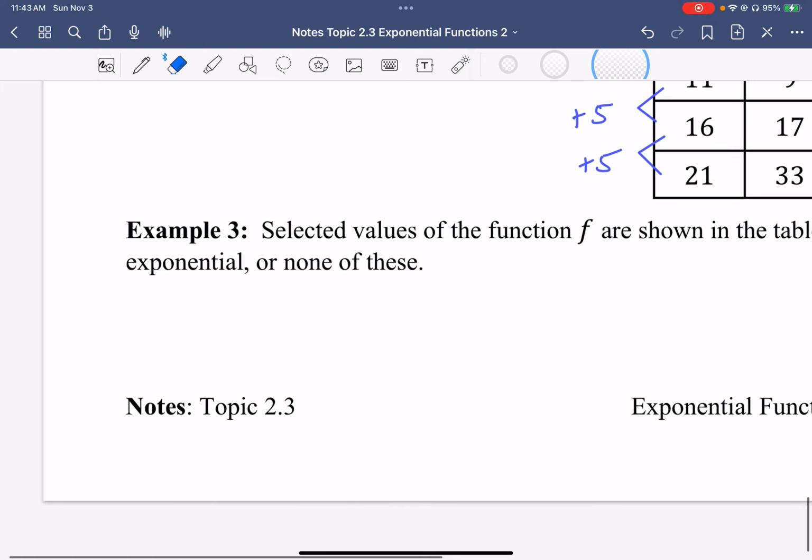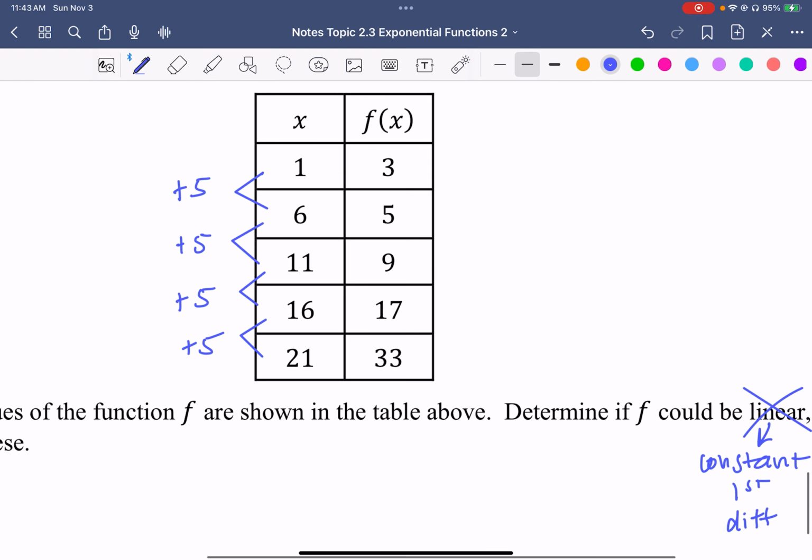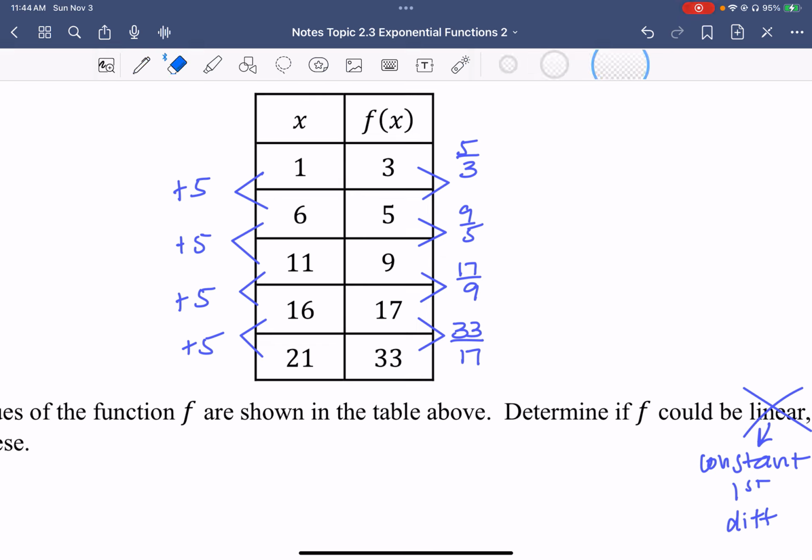So remember, for exponential, you have a common ratio. And remember that the formula for a common ratio is y2 divided by y1. And I always like to start at the bottom to make my little fractions because I feel like it makes it easier and you're less likely to make mistakes. So I'm going to start with the bottom and then put the 1 on top in the denominator. So I have 33 over 17, 17 over 9, 9 over 5, and then 5 over 3. Now, these fractions cannot be reduced and they are not the same, so it appears that it is not exponential either,